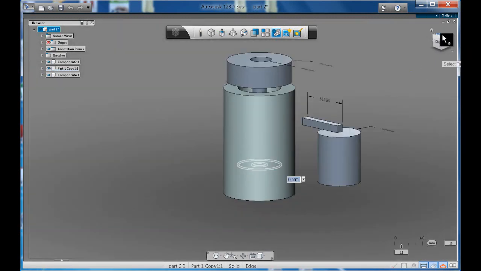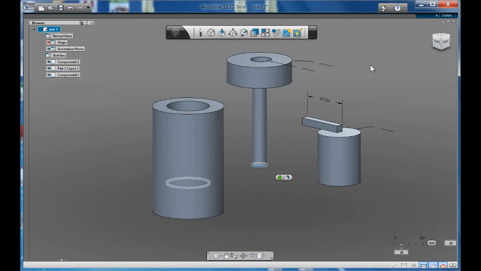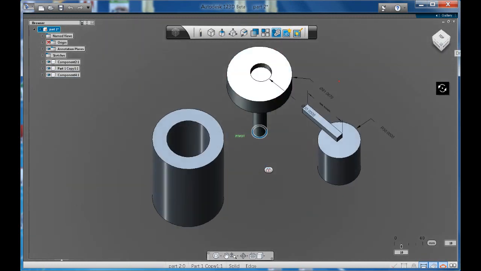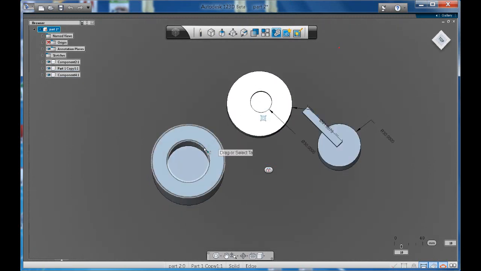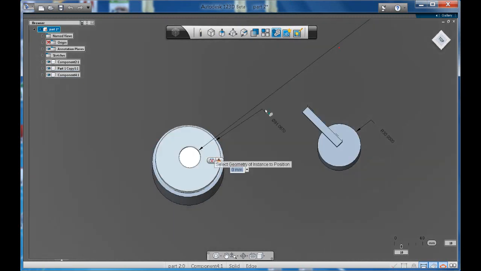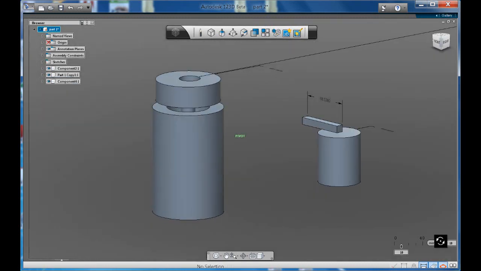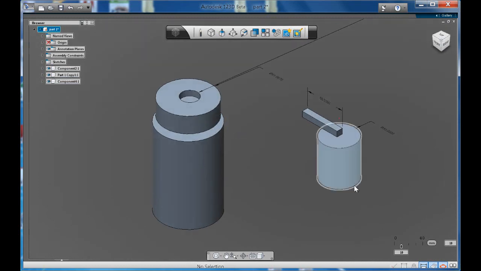So I'll show you once again. Go to design intent, assemble, select the 2 parts or the edges that you want to join, and just like that, hit enter and they will mate together. So again, let's select this edge